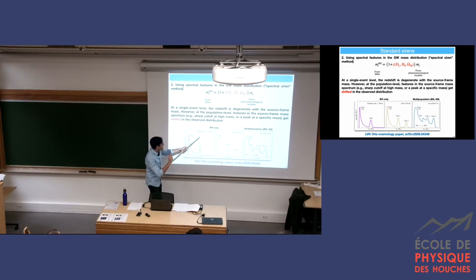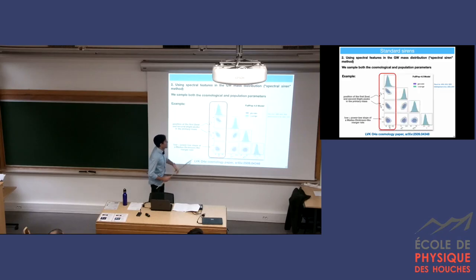So the power law plus peak model in total has, I think, 8 parameters that we are sampling on top of H0. The multi-peak has 11 plus H0. And full POP 4.0 has 19 parameters plus H0. So in total, it's not easy, in general, to sample this parameter space because you have a lot of parameters, right? But anyway, so here I'm showing a